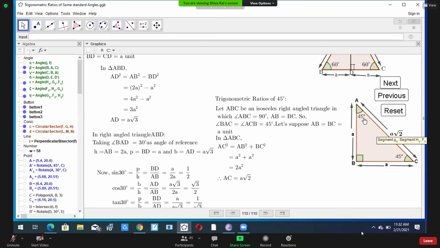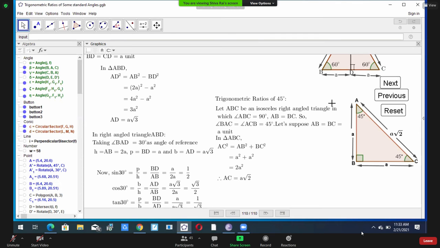We have already done this type of problem in compulsory maths also. Okay, let's suppose AB equals BC equals A. In place of A, you can suppose B also, or C. You can suppose any, but if you are supposing this A, this also is A. If you are supposing this B, this also should be B, because they are equal. AB equals BC. So anyway, we are supposing here A unit. In triangle ABC, now AC square equals AB square plus BC square. Square of hypotenuse equals, as you already know, the sum of the squares of the other two sides. It means square of perpendicular plus square of base.